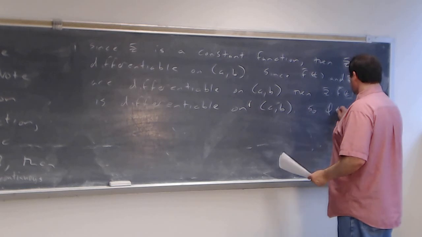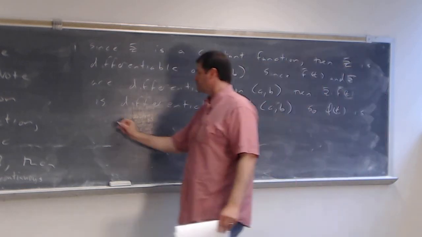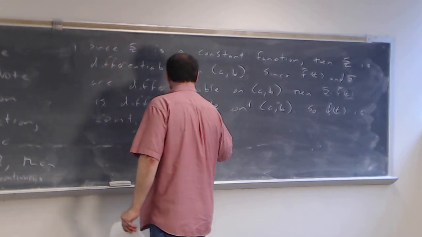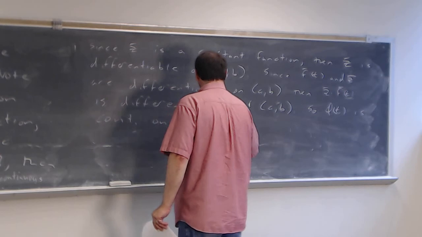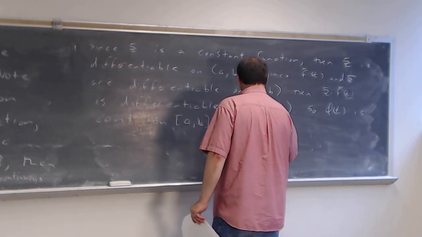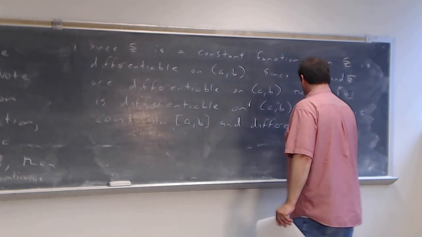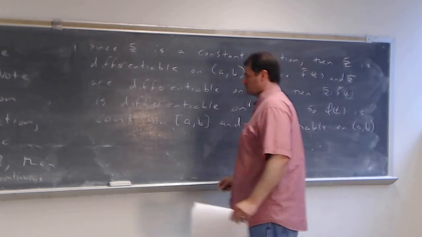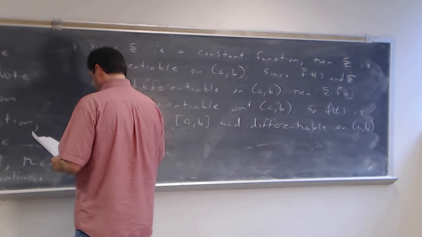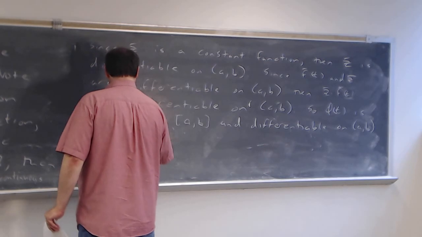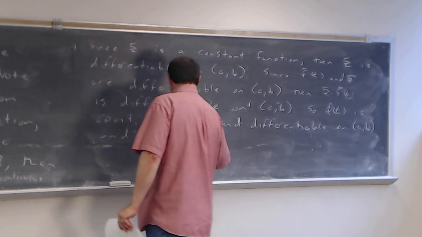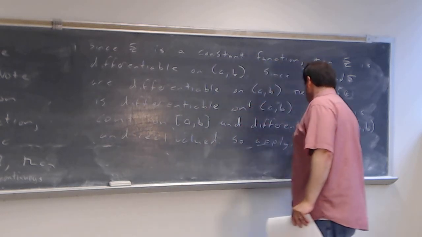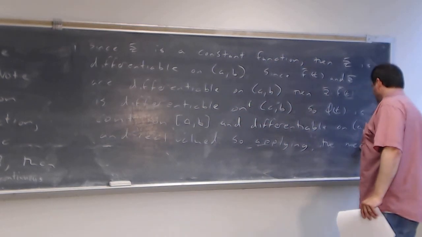So phi of t is continuous on the closed interval from A to B and differentiable on the open interval from A to B and real valued. So applying the mean value theorem here